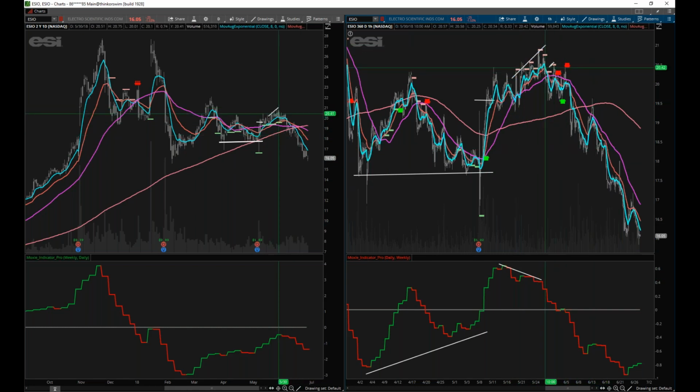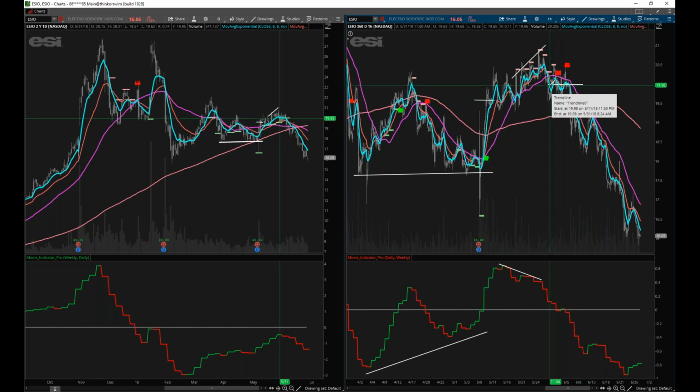And then we had price go underneath the hourly 50. We got 2 exit signals, and in this case I'm going to just ignore the long, because I'm getting a whole bunch of warnings here. The indicator is imploding on itself. Price got stuck underneath the hourly 50, and then once this thing broke the 200, it just cascaded on down. So I got out right here, basically a few bucks, if not break even.